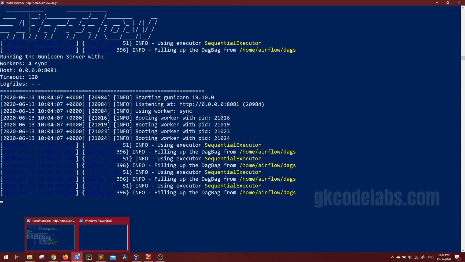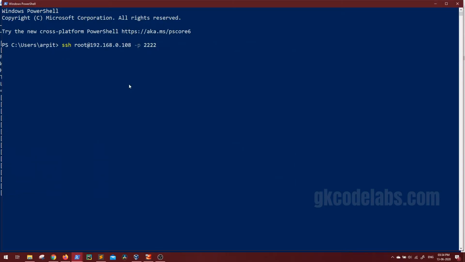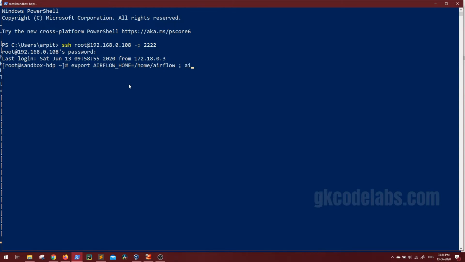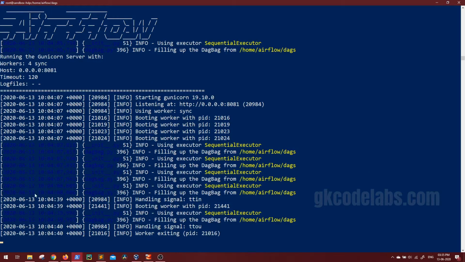Along with that, we also have to start the Airflow scheduler. This is running as a service, so let me open another session and connect to the same server. Again, for this session we also have to set up Airflow, followed by, if you want to execute multiple commands in the same line, this will be the first command, and then the next command, airflow scheduler. This is the command to initiate the scheduler. Okay, the scheduler is also running and this is also running.